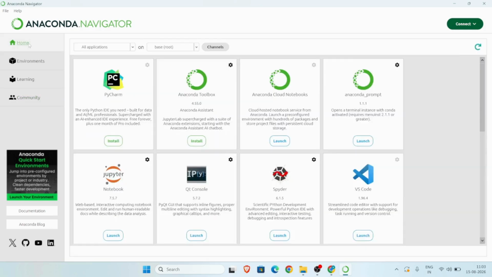So with this, we go back to home and we have to launch the Jupyter Notebook. You have to click on launch the Jupyter Notebook. Whatever I was explaining after installation and after viewing this interface was just to make you people aware, right? So that you can further explore and work on that. Otherwise, once you start the Anaconda Navigator, you have to simply click on launch. I'm just telling you this so that you don't get confused.